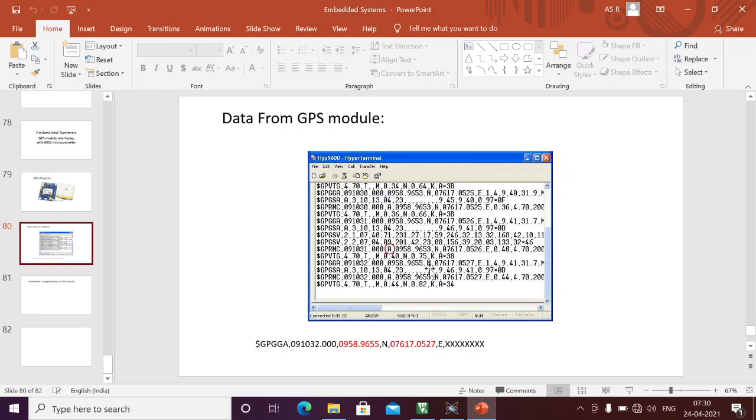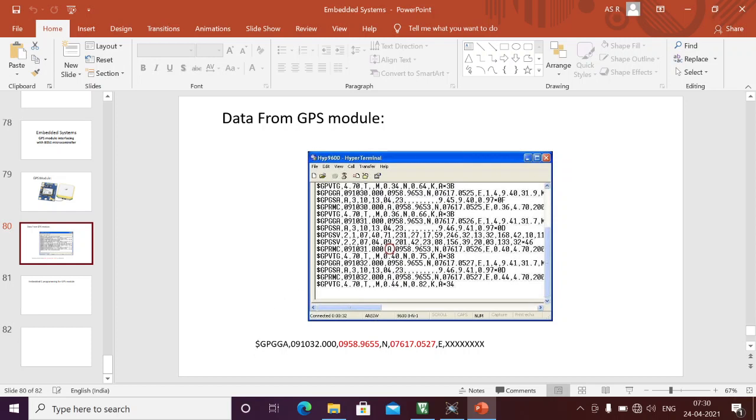This N is north and this is east. We should pick up only this longitudinal data and latitudinal data, so that we are able to trace the particular location. We need only the longitudinal value and latitudinal value, so that we can trace the exact location. Here I got the always repeated data from the GPS module. I should only pick up this row.